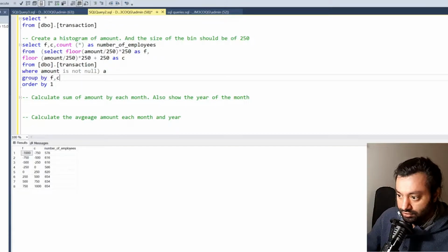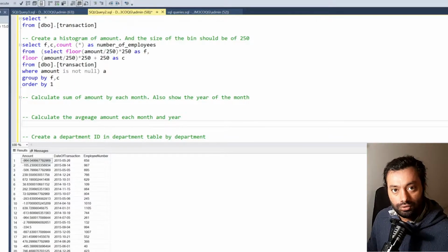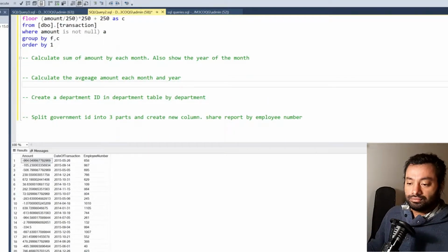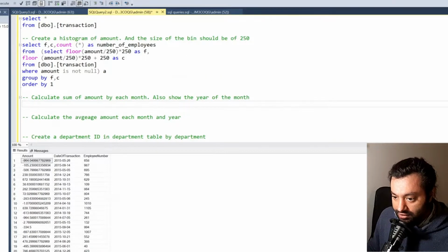Now let's go on to the second part. Before I do the second one, I also want to tell you that if you want to do these queries by yourself, you can pause the video right now and do the question by yourself. Now the second one is calculate the sum of amount by each month, also show the year of the month. So what we will do, we will simply